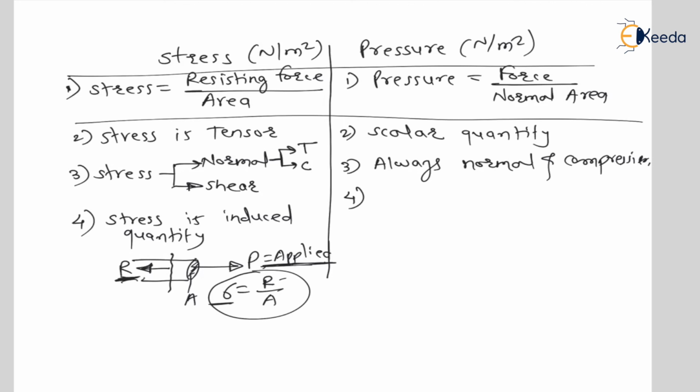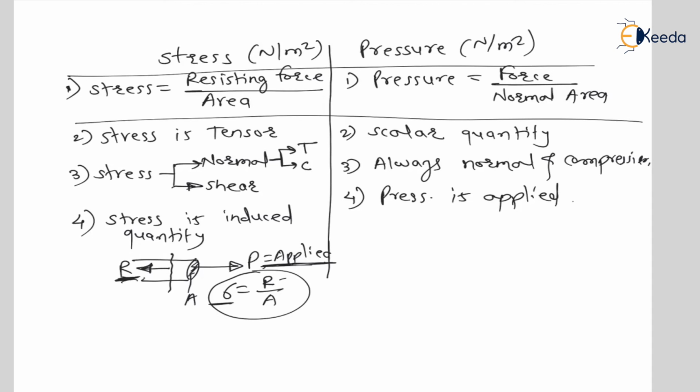And pressure itself is an applied quantity. Now see, what is the pressure on your marker? The pressure on your pen is 1 atmosphere. What is the pressure on you? 1 atmosphere. Here the area is changing, the area of your pen and your area is different. What is the pressure on your notebook? The area is changing, but the pressure is still the same.